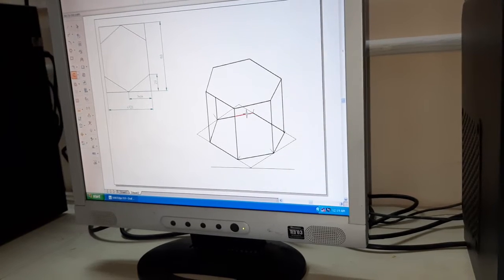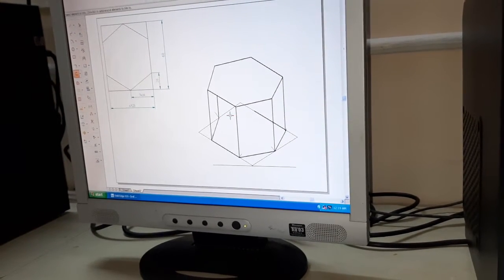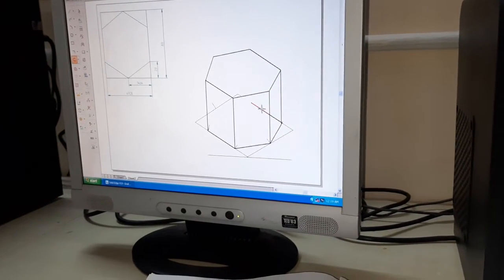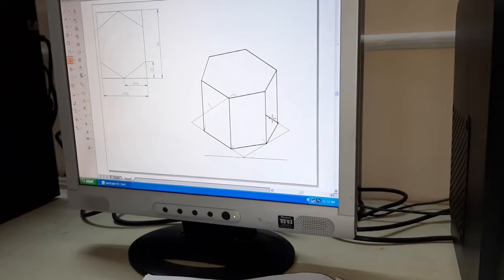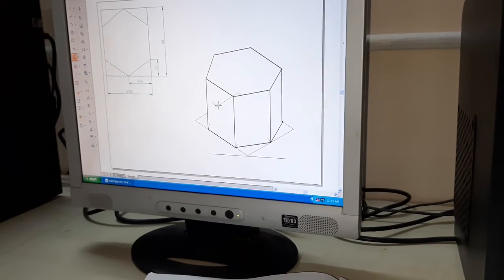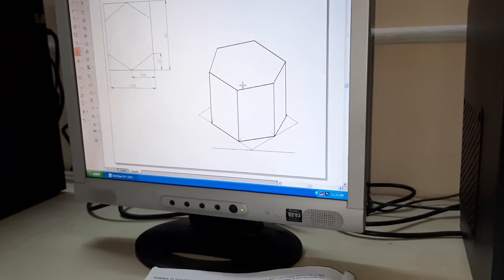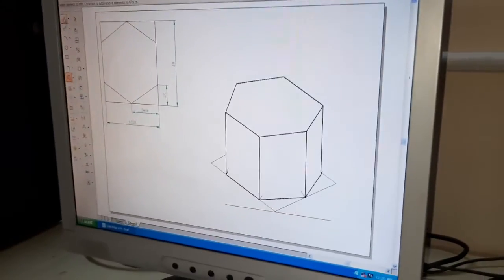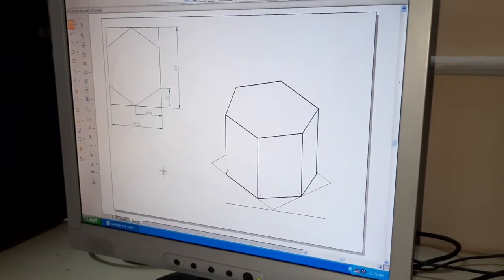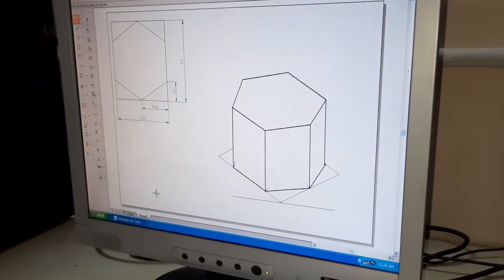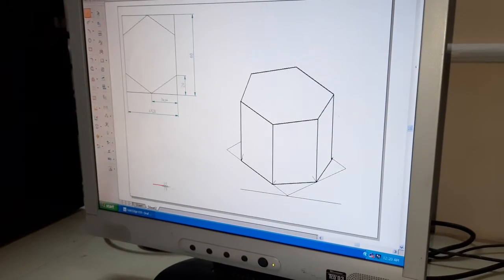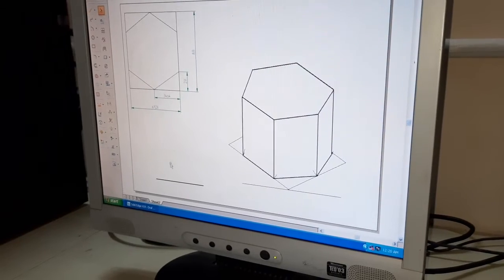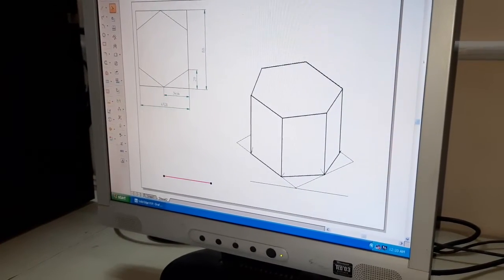On the top of the hexagonal prism, we are now supposed to place a cone. For that, let us prepare by trimming off the unwanted portions of the base solid. Unwanted lines are being trimmed off. The cone, let us draw it separately, then we will move that cone to the center point of the hexagon. For drawing the cone, we will be using the 4 arc method.